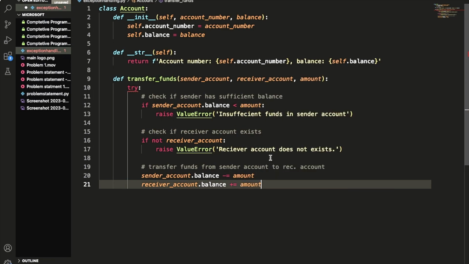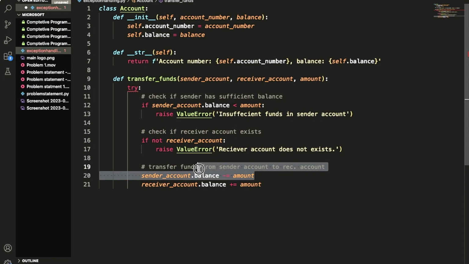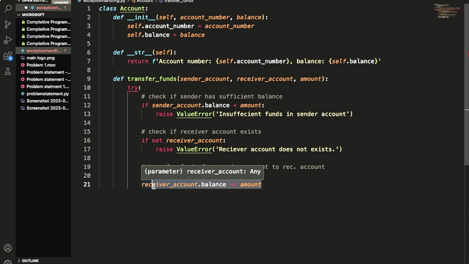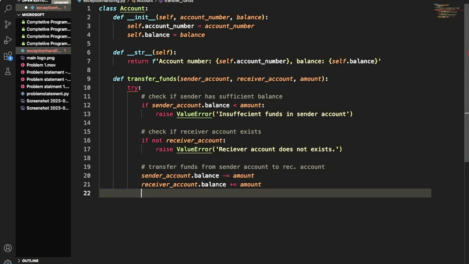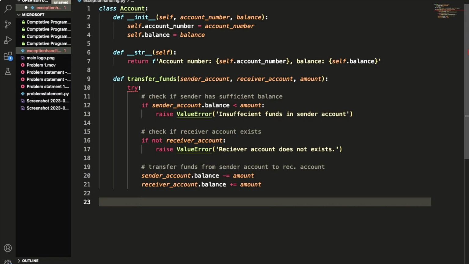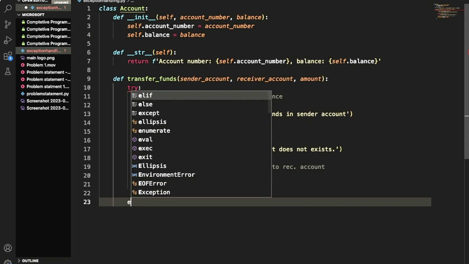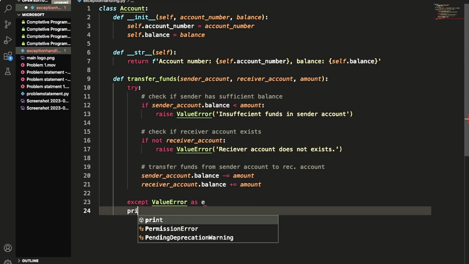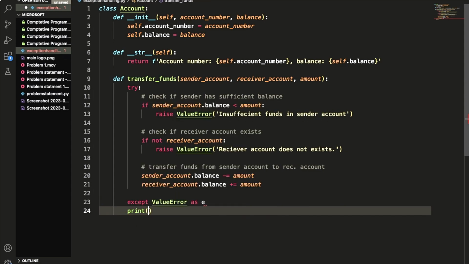So what I'm doing, I'm just subtracting the amount from the sender and adding it to the receiver's account. All right. If these are not the cases, then we have to handle the exception. So let me put the except block and say ValueError as e, and I will print